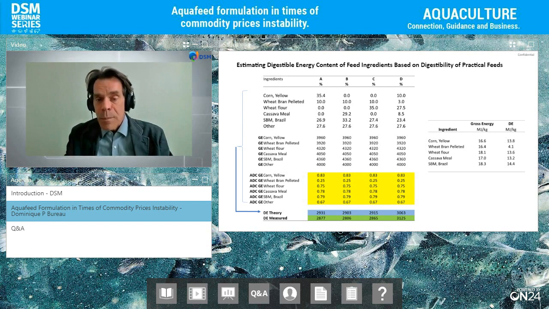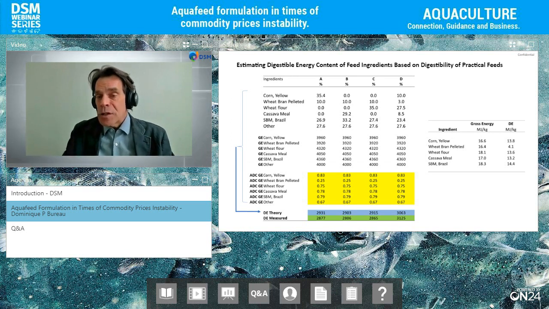Using a simple mathematical trick, a kind of iteration, we were able to determine, in this case, the digestible energy content of different feed ingredients. And we realized that one of the ingredients we were using, wheat bran pellet, coming from Ukraine, was being pelleted at very high temperature to reduce the volume so they could pack more within a container. That had a very bad impact on the digestibility, and the product was very poor. The product was a good price, but in the end it was causing problems.